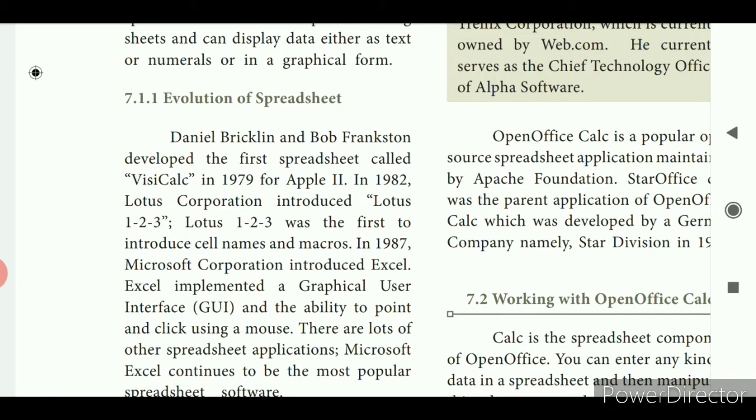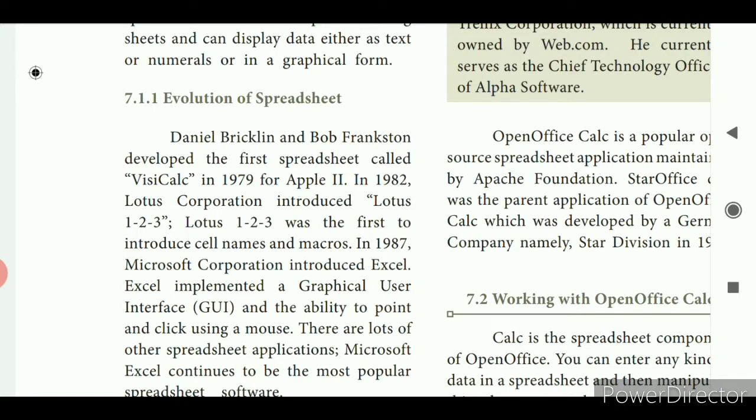The columns are specified as A, B, C alphabets. The rows are specified as numbers 1, 2, 3. So the intersection of column A and row 1 is called the A1 cell. Lotus 123 was the first to introduce cell names and macros.